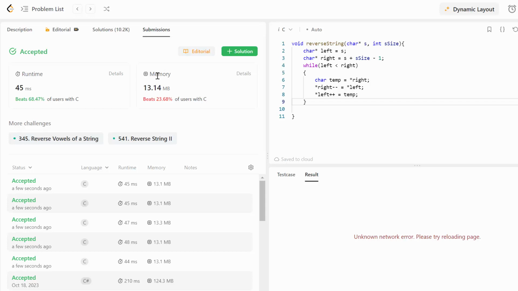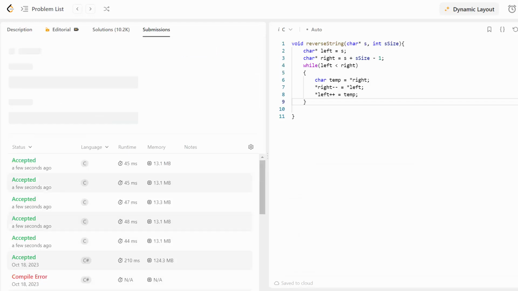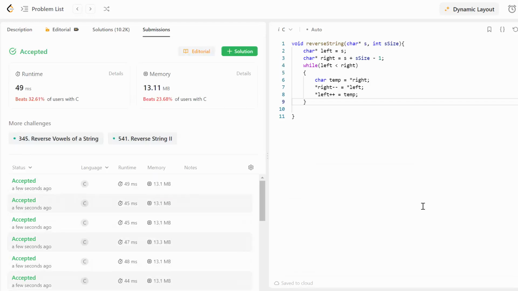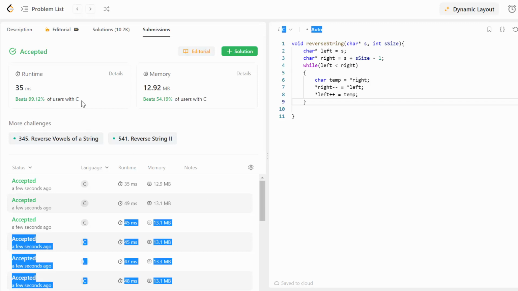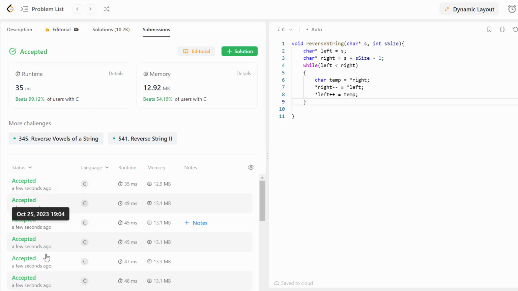And actually, you know, sometimes I have problems with the LeetCode. Like you can see here a non-network error, or sometimes it's thinking a lot about something, so I need to submit results several times, and sometimes I have different estimations. For example, you can see I tried to submit my code several times, and from the 5th or 6th attempt I have now results that the runtime of my program beats 99% of the users.